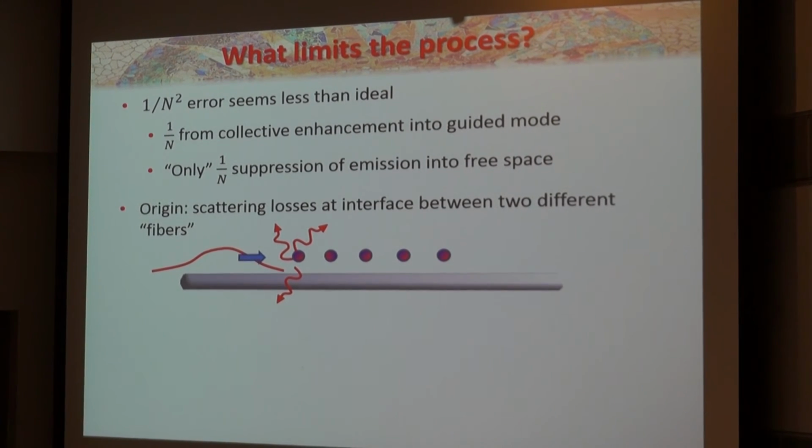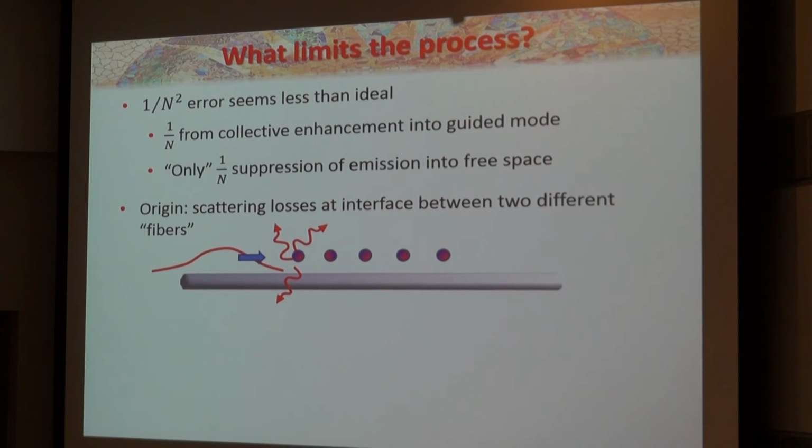So here's a kind of diagram which will explain it, and I think which will make all the experimentalists who work with optics happy. So I have a normal fiber that guides light totally fine. When I have this part of the fiber with a regular array of atoms, that guides light totally fine. So I have two perfect fibers, but they're different. And when I connect them together, in general, I have a lot of scattering losses, right? Because the modes are not spatially matched to one another. So all the extra factors of n are just going to the scattering losses at the interface.